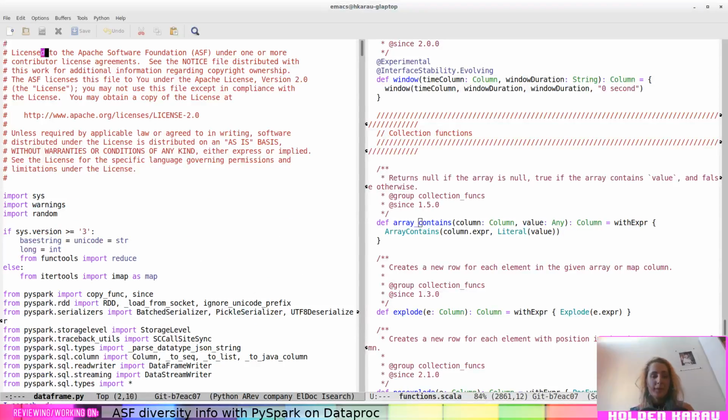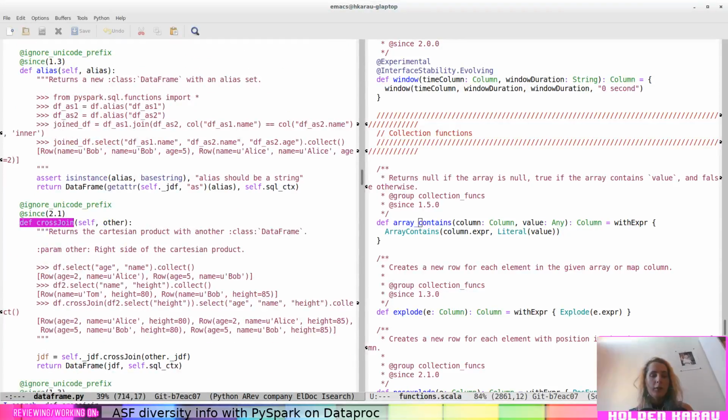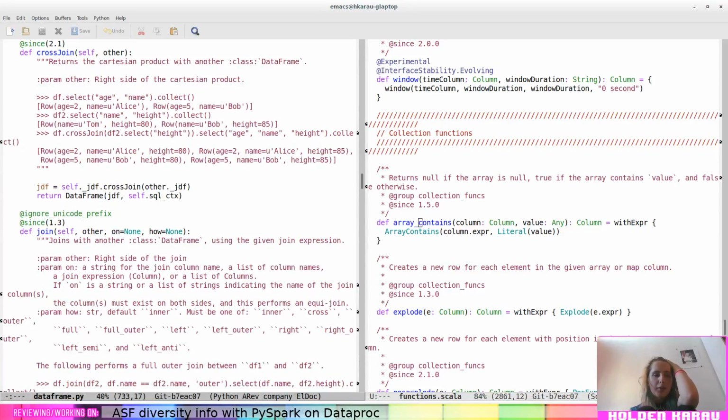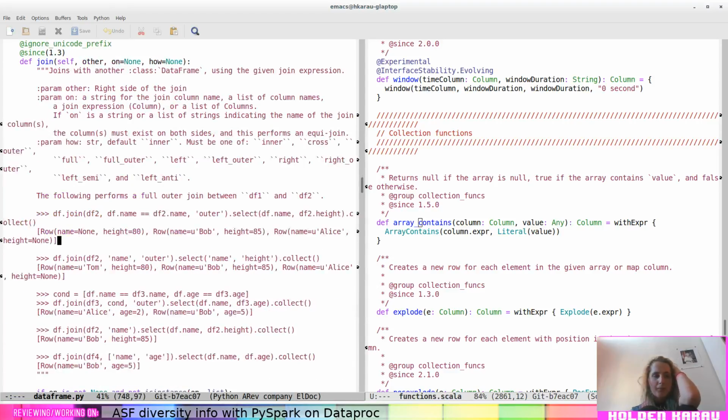Okay. Def cross join, self, other. Okay. I don't want to do that exactly. Ooh. Magic computer. Why is it?